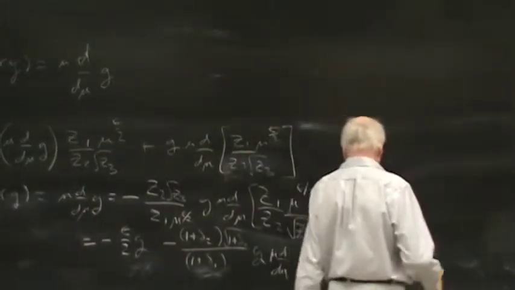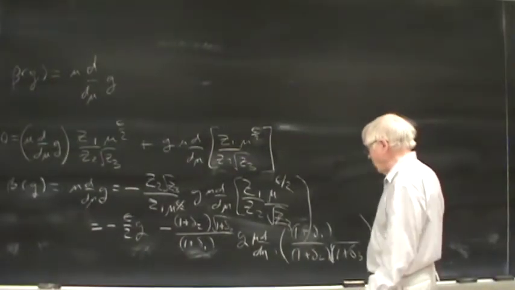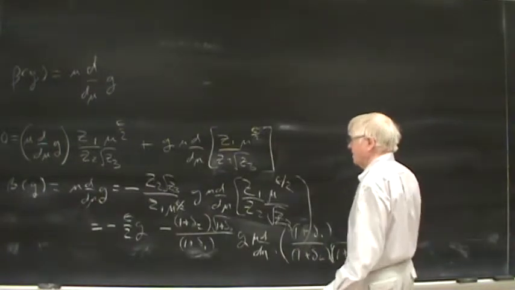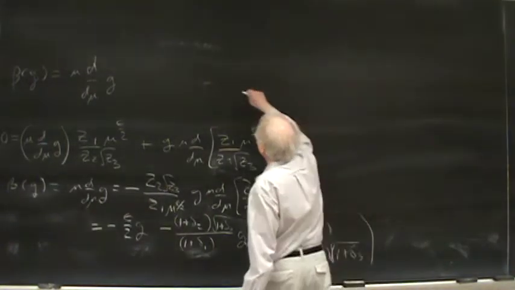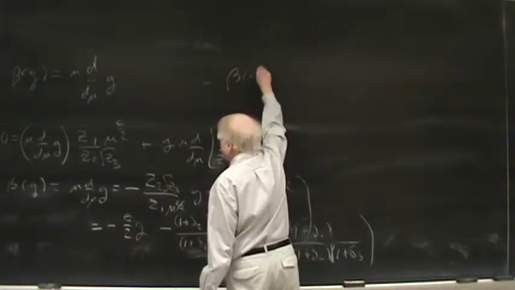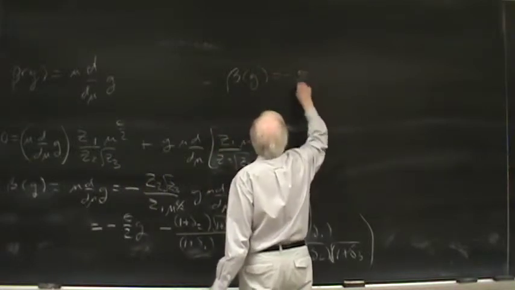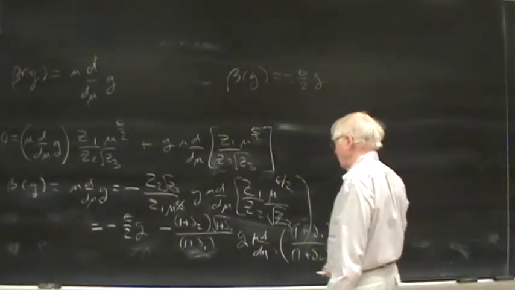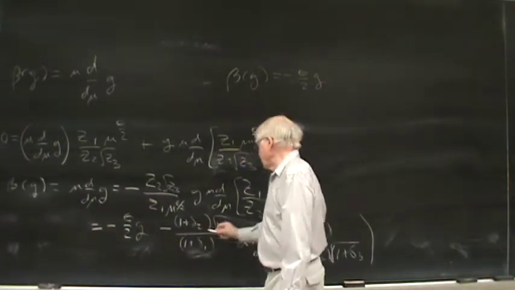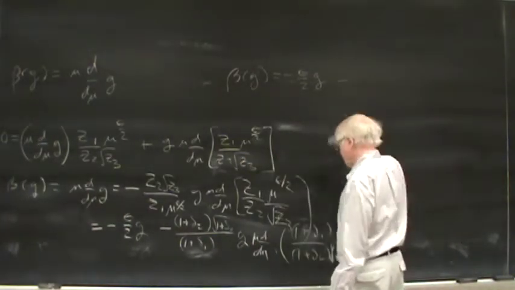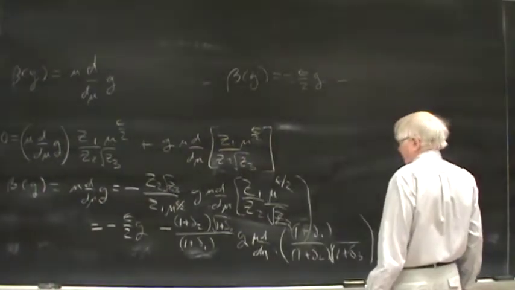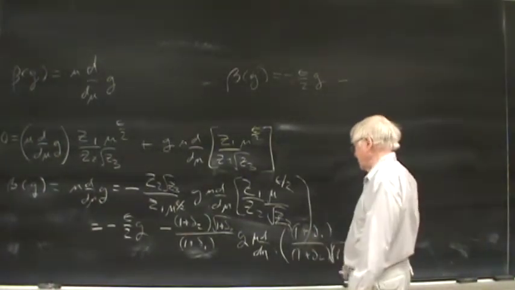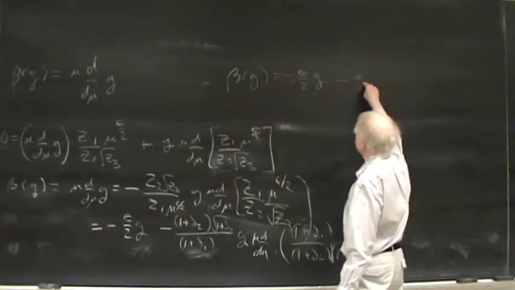Now, inasmuch as these deltas are small, we can expand this, and then what we get is that beta of G is minus epsilon over 2G, and the rest of it is what? Well, the lowest order, this is just 1, or equivalently, we can cancel the extra terms there, and the rest of it is G,